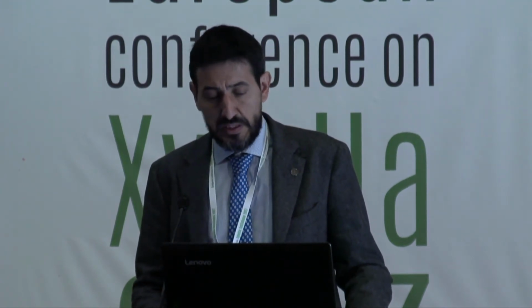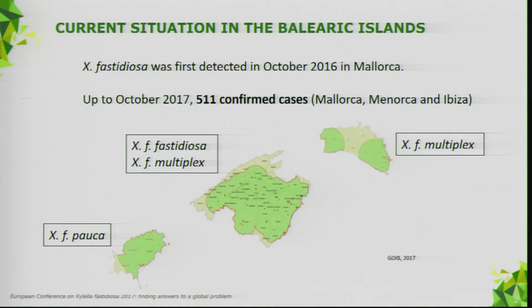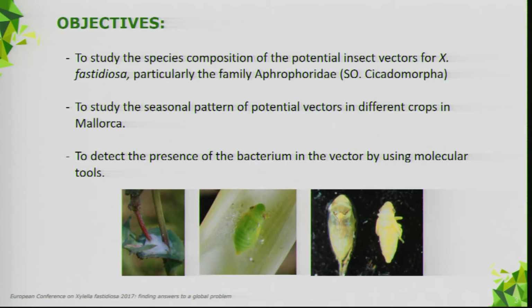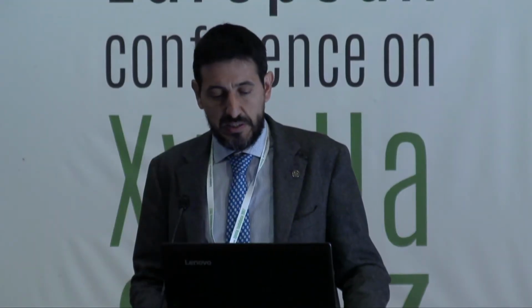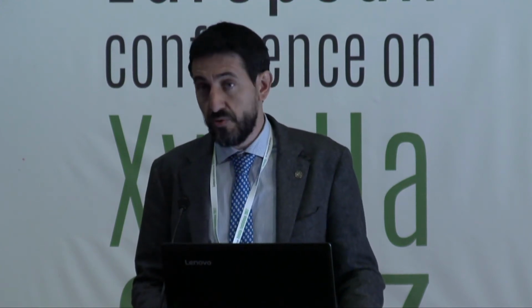So since the detection of the disease in 2016, we started a really preliminary project to try to identify not the vectors, but at least the fauna that could be related to the transmission of Xylella. So the project started in March 2017, and basically the objectives of this project were, as you see, the basis, as Joao pointed out, just to better know the different families of insects that could be transmitters of the bacteria. And because of the time we had and the resources we have, we focused only on what we